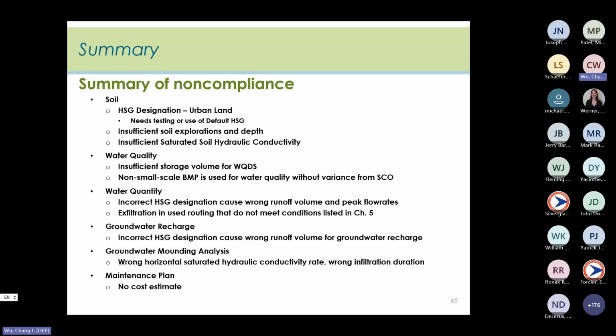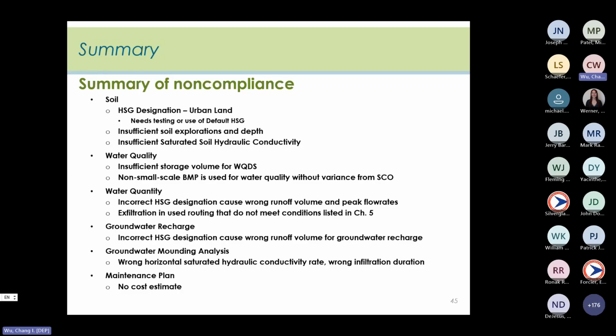This project has insufficient soil exploration and depth, and they did not correctly perform the saturated hydraulic conductivity rate test in some locations. For water quality, there is insufficient storage volume for some of the BMPs, and they use non-small scale BMPs for water quality when there's no variance